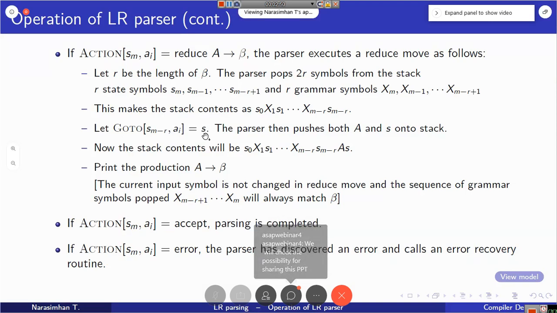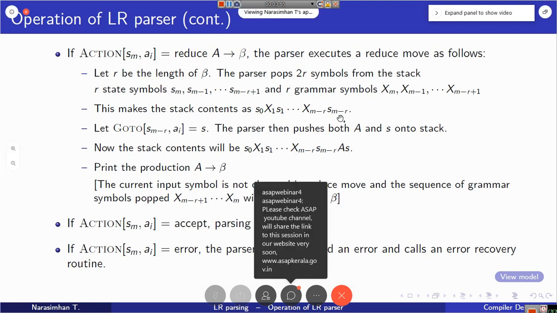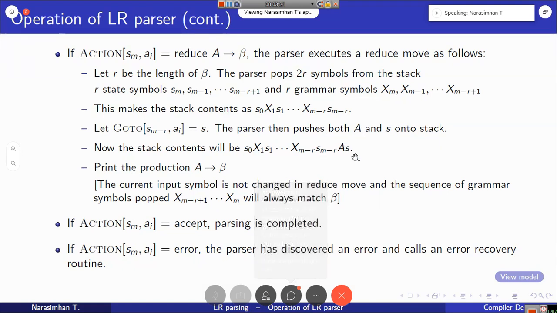Now you will push both A and S onto the stack. First, A will be pushed, then S will be pushed. What is A? The left hand side of the production that we used for reduction. Earlier, the stack was like this before the reduction operation. After this, both A and S are pushed. Remember, S will be the top of the stack.